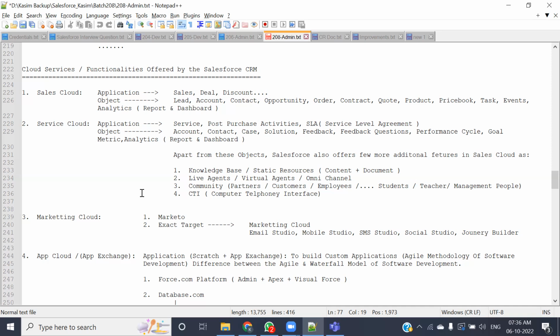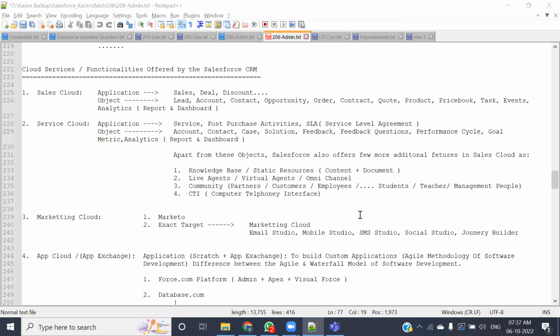Everything we will be learning from here onward is entirely based on the cloud. There is no requirement when you are learning Salesforce that you should install something onto your system, maybe your laptop or your desktop, because whatever you learn would be available on the cloud. So when we talk about Salesforce, the kind of functionalities provided